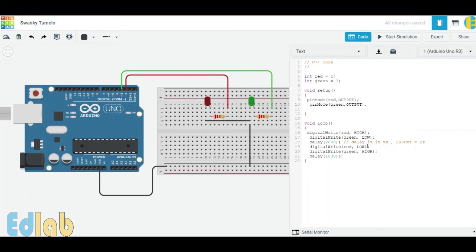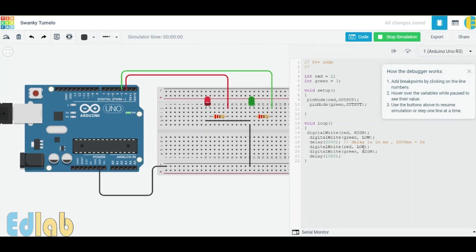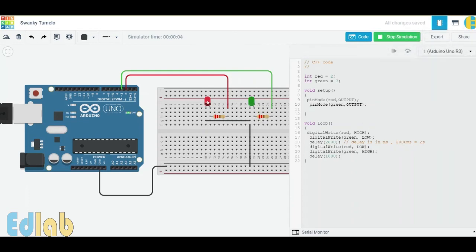Okay, now we want to run the program, so we just click on start simulation. When we click on start simulation, you will see here our red LED will turn on for 2 seconds, because in this first portion of the program we turn on the red LED and turn off the green LED.